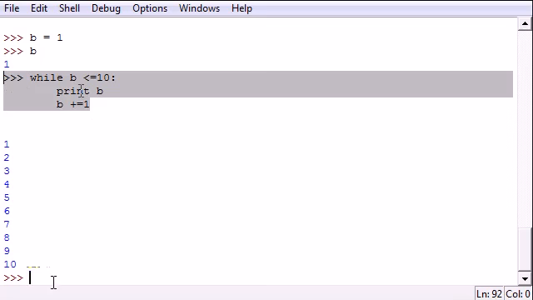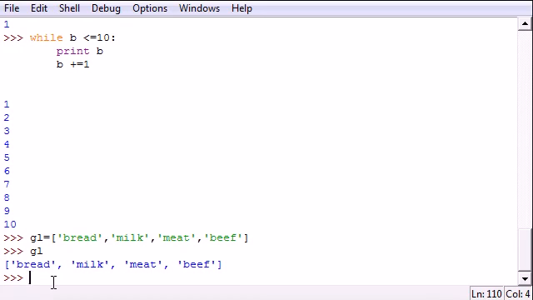Short for grocery list. Now the syntax for a for loop is for, then press space, then you write a name of a variable. And I'm going to name mine food. I'll show you guys why I did this in a second. And put in grocery list. The reason I did this is how this is going to work. The variable you put after for is going to be assigned to each one of these. So the first time this loops